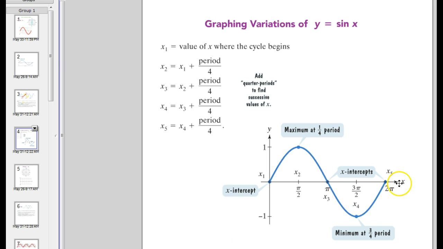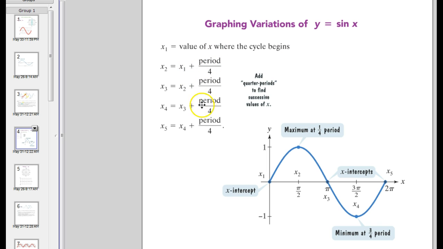Okay, so the period's 2 pi, a quarter of that is pi over 2. So when we move up a quarter, we get from an intercept to a max. Move up a quarter, we go from a max to an intercept. Move up another quarter, we go from an intercept to a min, move up another quarter, and that'll always be the case. So if your period is altered, and it will be on some of the ones that we're going to see later,